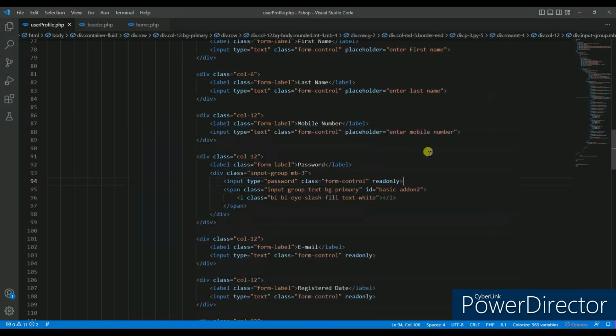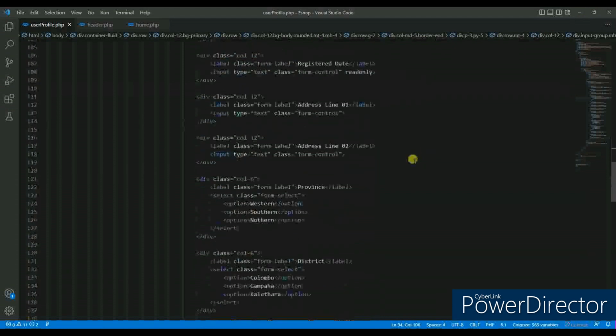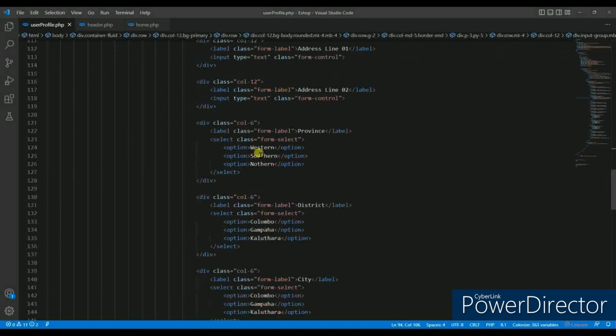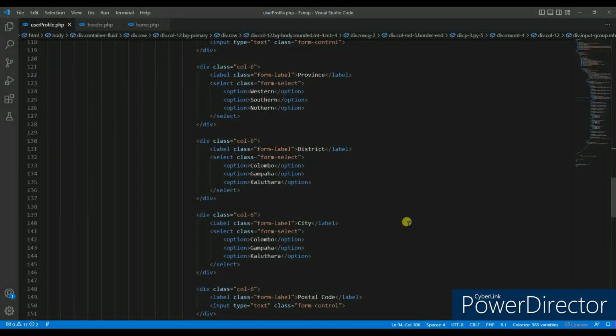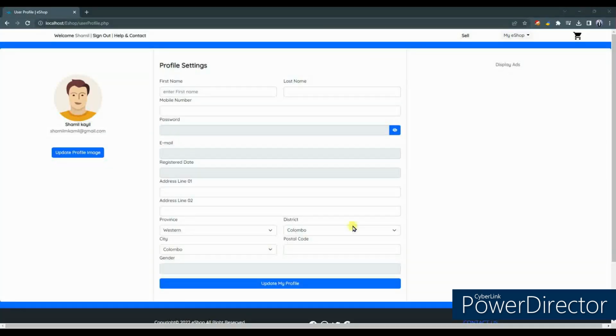Again, and if we go below province, we have mentioned a selector and some options here. So we will be changing this and we will be connecting this directly to our database in the future. And let's go to our design and check our selectors as well. If you see here, we have mentioned 3 selectors, and here 3, and also another 3 over here. Go to the code again,